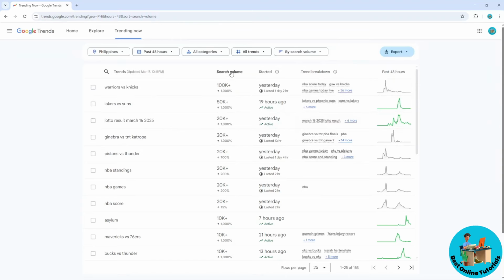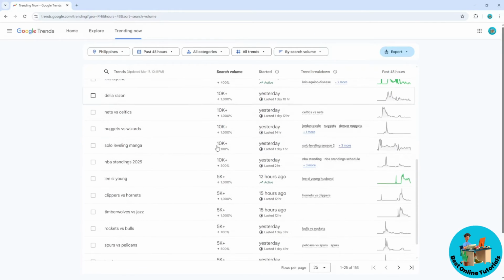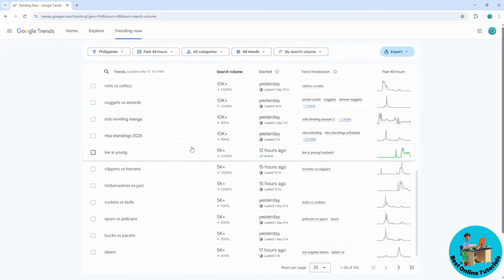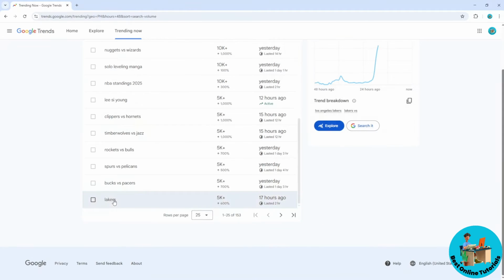And from here guys, currently we have Warriors versus Knicks. It has a 100k search volume and it lasted 1 day and 2 hours, and this will be the graph of that. And pretty much this is all of the trending topics. And now if you want to dive in deeper into a specific keyword, you just simply select on it, and